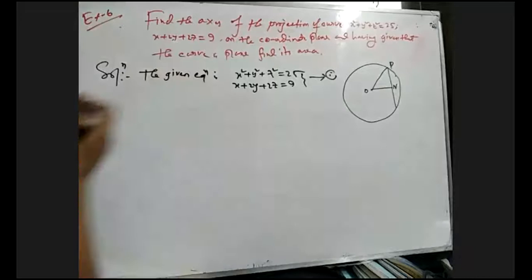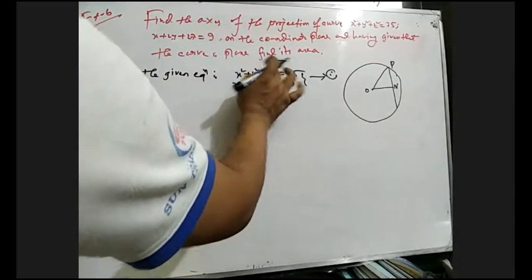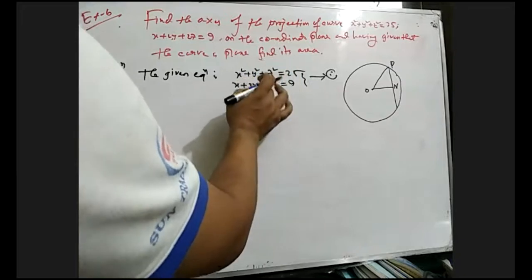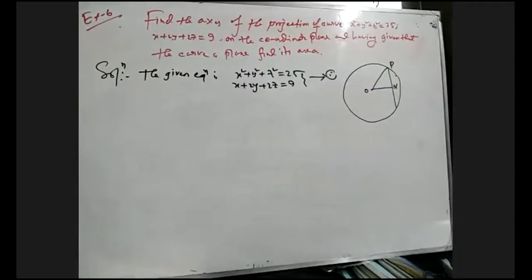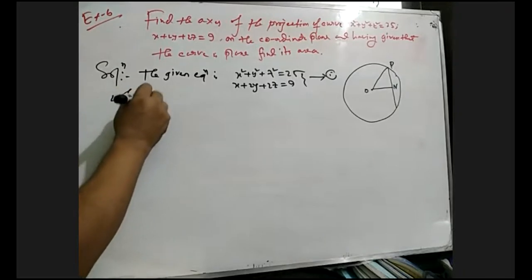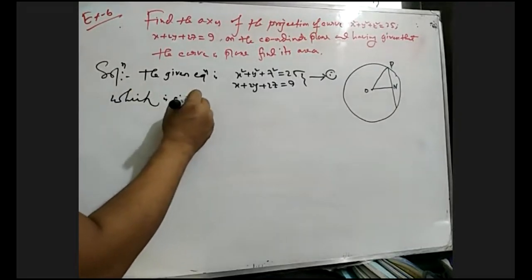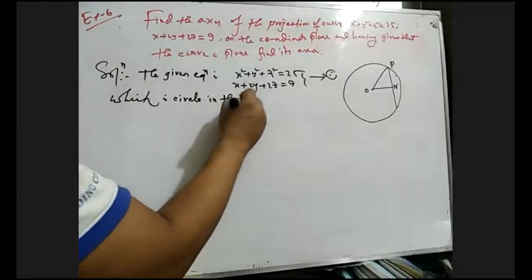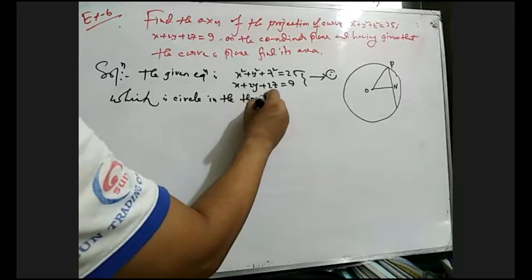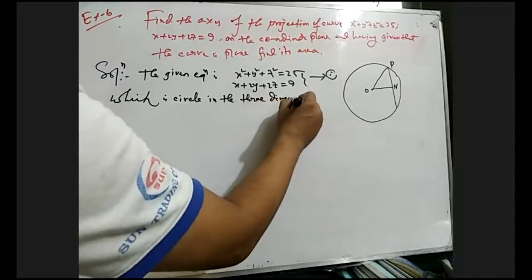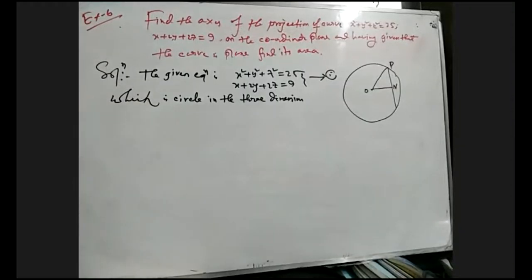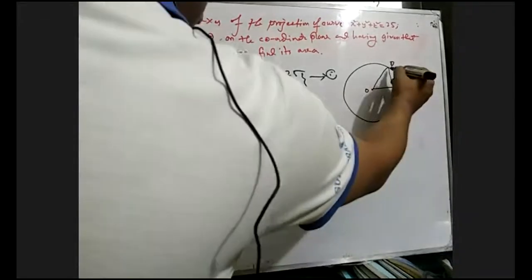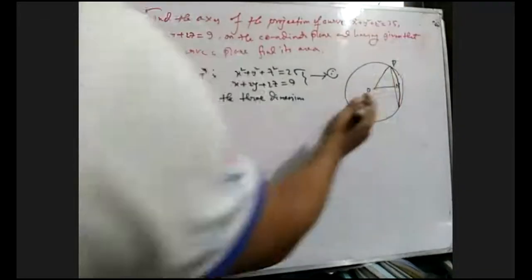Okay, after cutting with this straight line, this is the equation of a sphere with the center 0, 0, 0, and if we cut this sphere with this line, we get a plane which is a circle in 3 dimensions. And we get this one actually. After slicing, we get this.